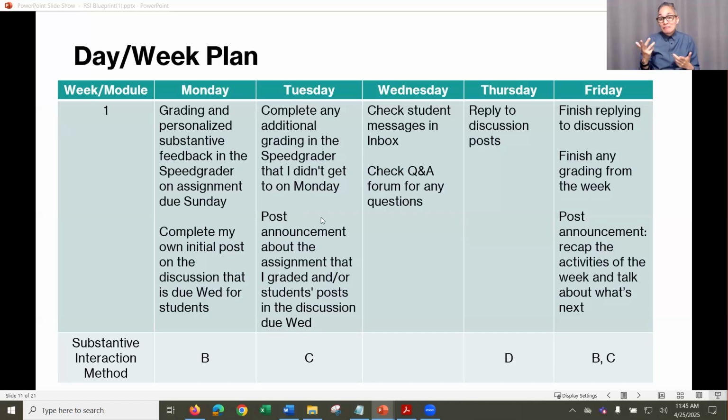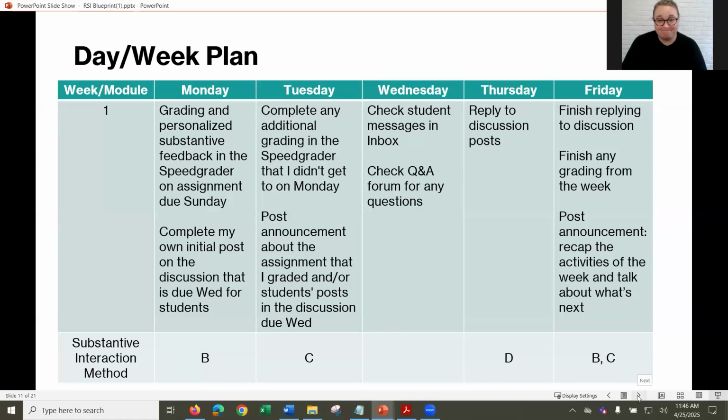Does that mean that you do less or do more? That's up to you, and up to your schedule and your time. I know there's a lot of content, a lot of things that we have to get through in our courses as well. So again, we just want to make sure that you make a plan that works for yourself to make sure that there's RSI in your courses.